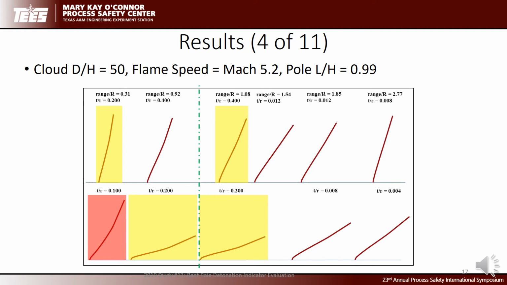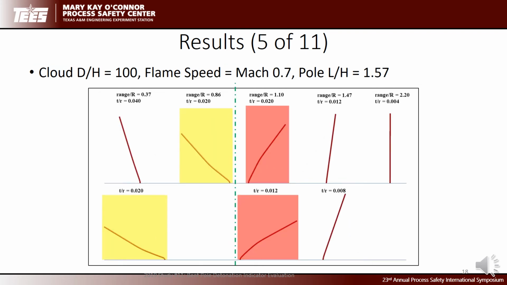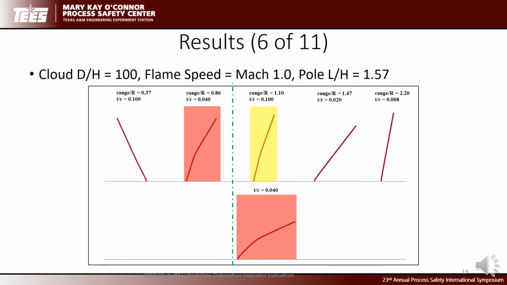And again, these are away from the cloud, away from the point of ignition. If we increase the cloud diameter height ratio now to 100, again, there's a few that might be continuous curvature. We vary the thickness, we might pick up another, but again, this is at Mach 0.7, or clearly a deflagration. We go to Mach 1, again, we've got a few that could be, and again, they're pointing away from the